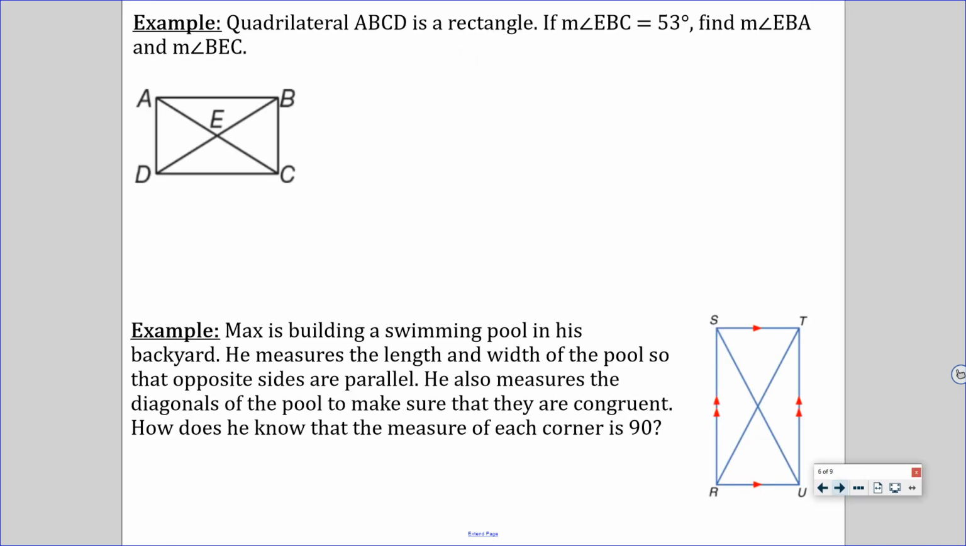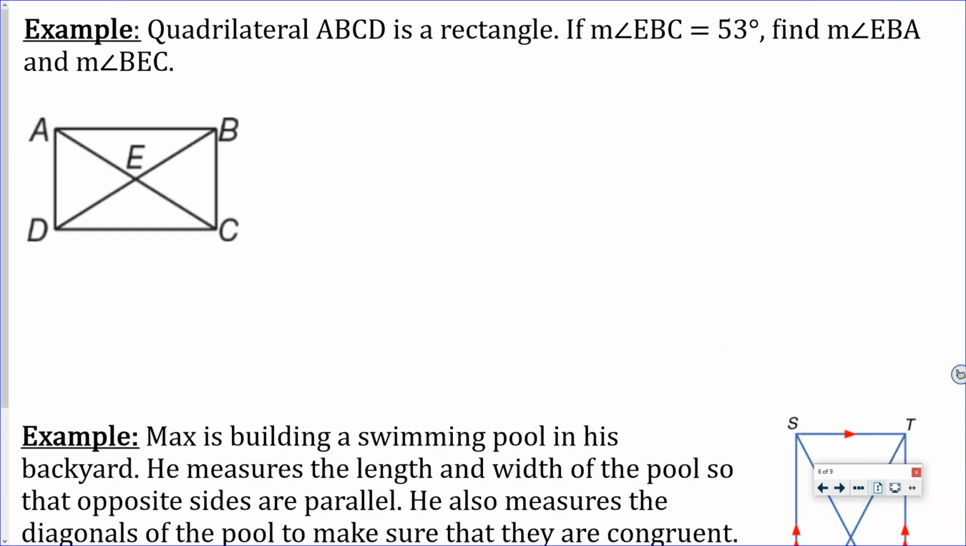Another one with some of the angles. This one's fun. Quadrilateral ABCD is a rectangle. If the measure of EBC is 53 degrees, find the measure of EBA